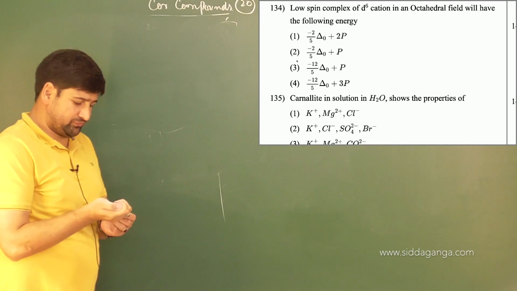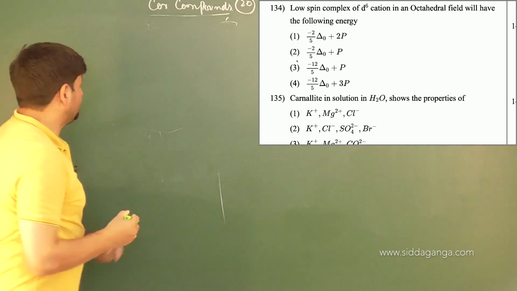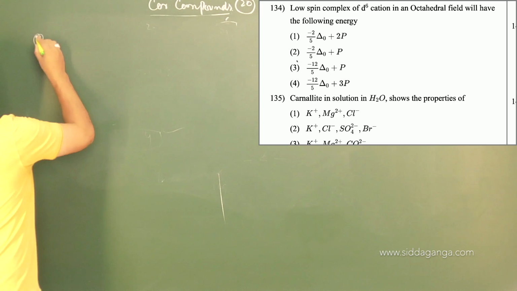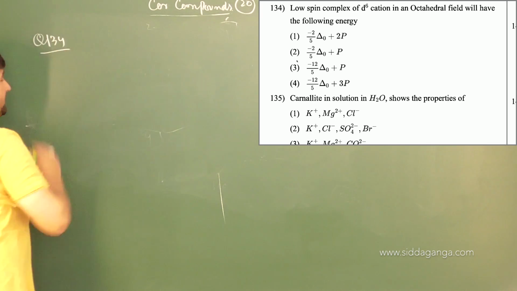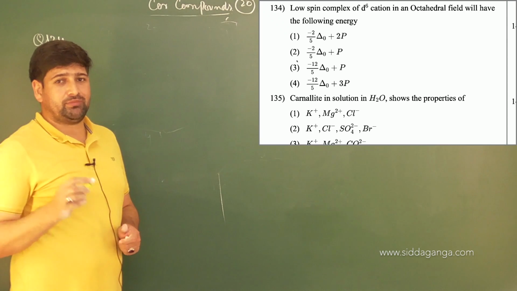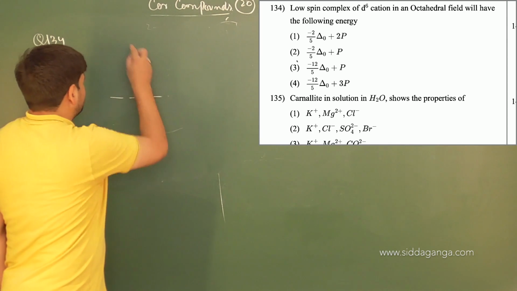Question number 134. Good question actually, but it's same question but indirect way. Low spin complex of d6 cation. Low spin complex of d6 cation means